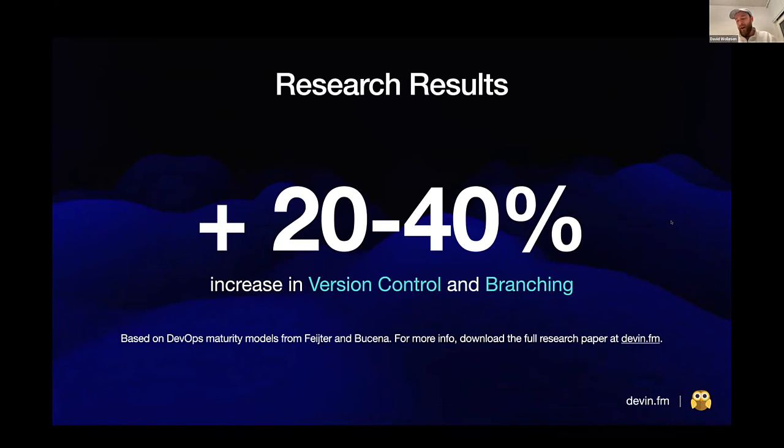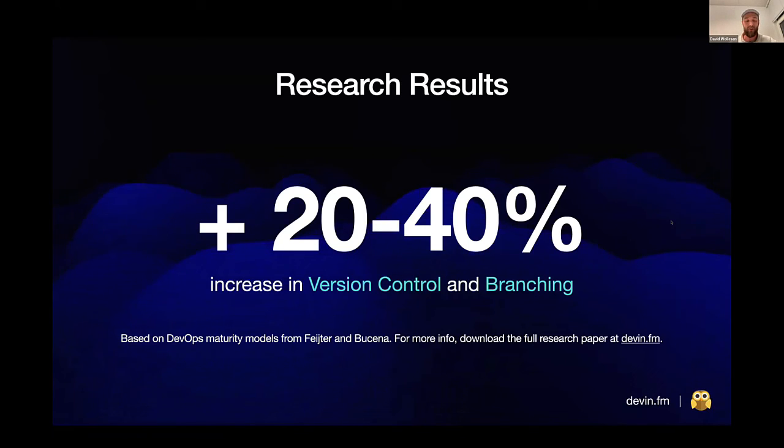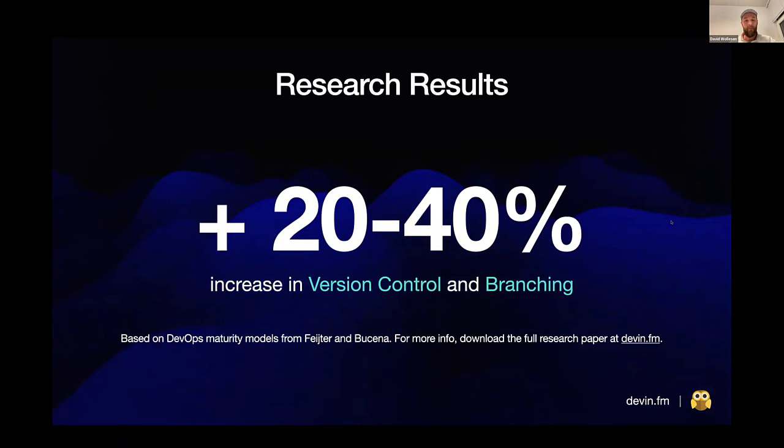Then going a bit further, as mentioned, this was a part of my research in my thesis, and a big part of the thesis is that you need to have some very concrete and tangible results. Using a set of different what are called DevOps maturity models, and you can read all about this in my thesis that's available on the website devin.fm. You can read the whole thesis there. But using those two different DevOps models made me verify how Devin improves the different aspects of DevOps